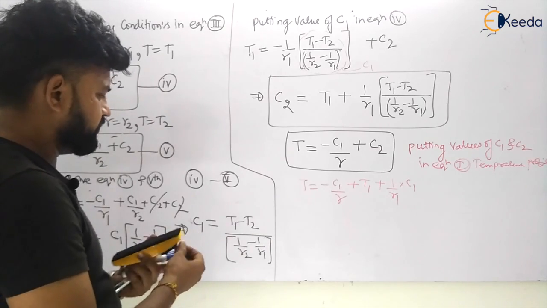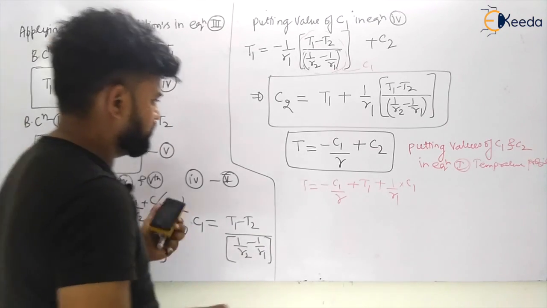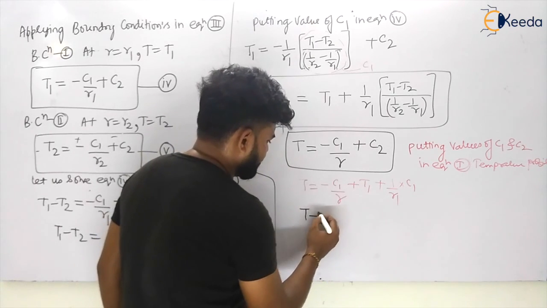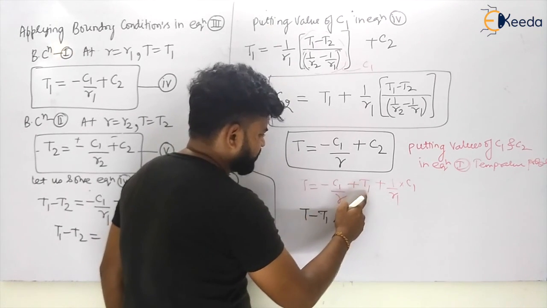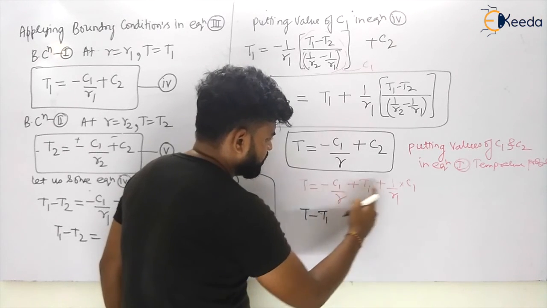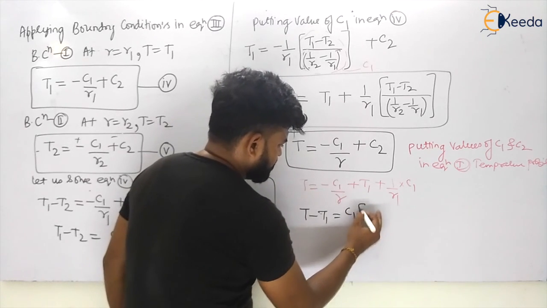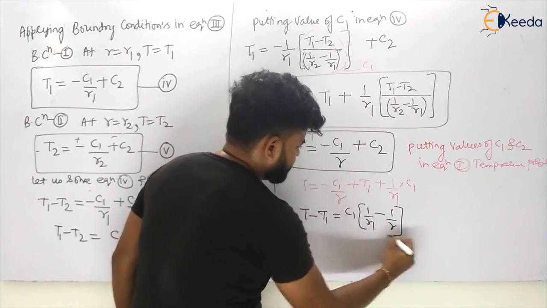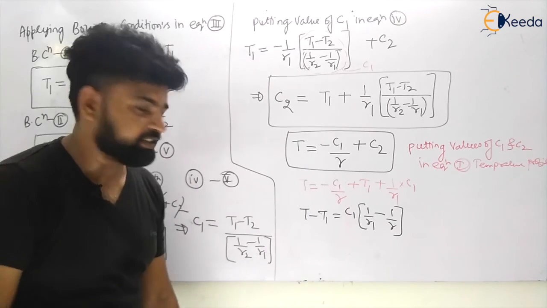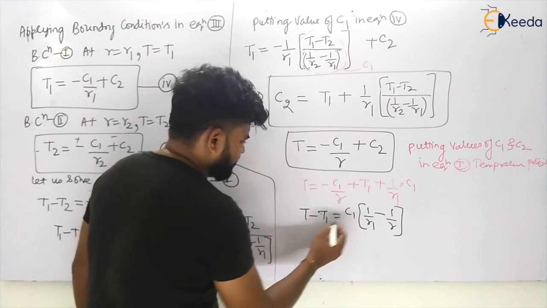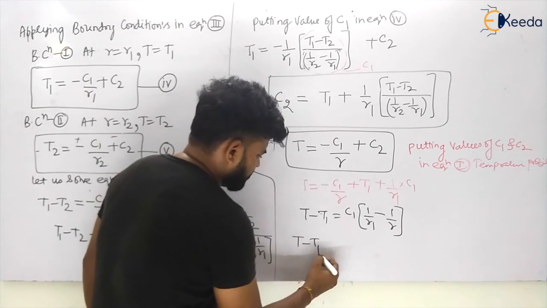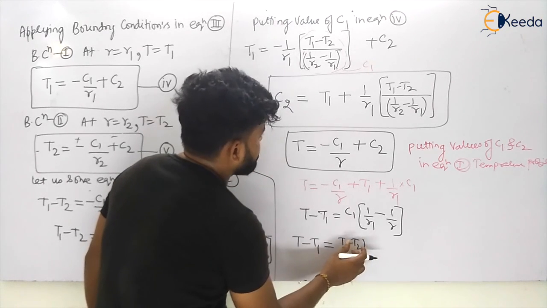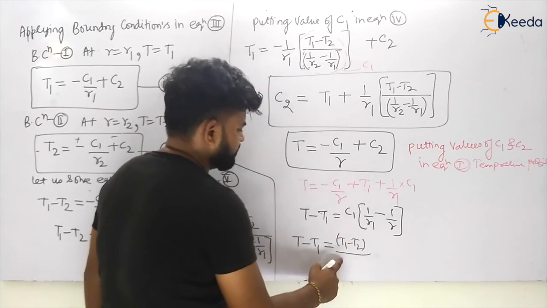So let us take C1 and the temperature profile one sided. So this will become T minus T1, I am taking this value this side, my dear students. So now this will become C1 into 1 upon R1 minus 1 upon R. So let us now put the value of C1. Now it is simple. If I put the value of C1 here, this will be T1 minus T2 is equal to C1, which is T1 minus T2, divided by